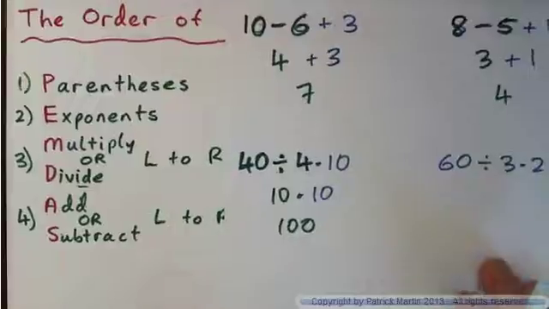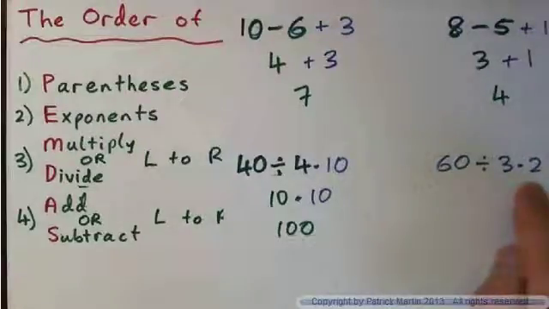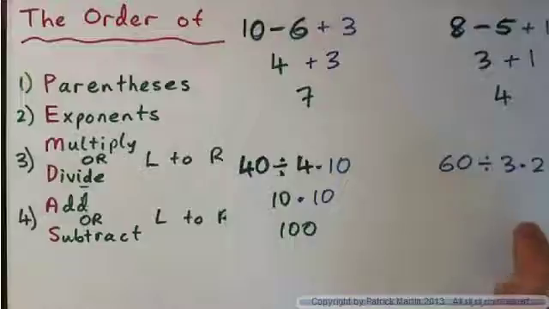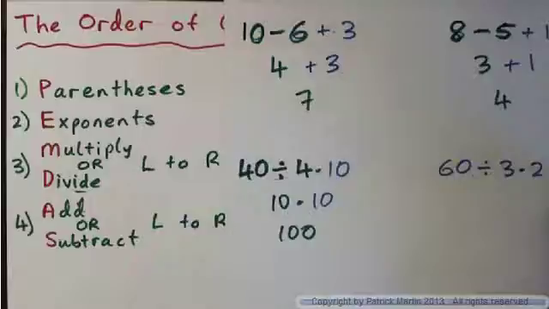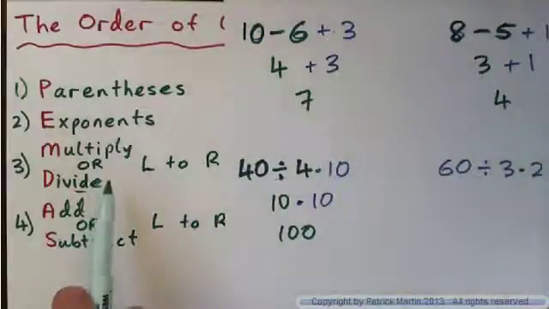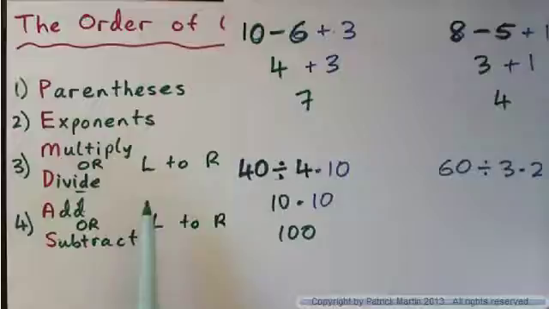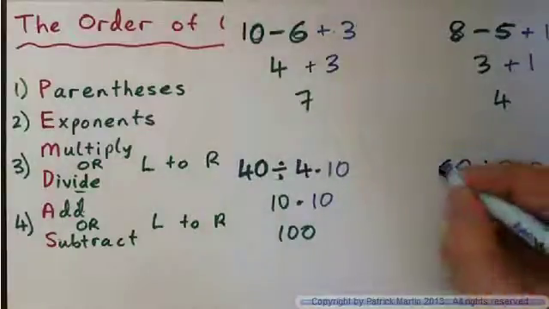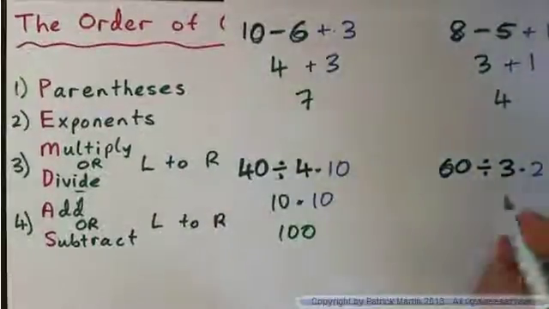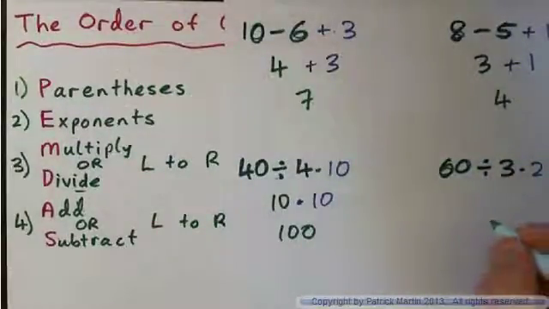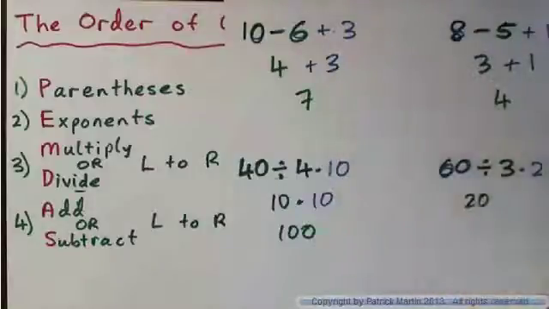So how would you do this one? 60 divided by 3 times 2. You've got a division and a multiplication. We're supposed to go from left to right, this way, and we're supposed to multiply or divide whichever we see first. So which multiplication or division do you see first, reading from left to right? You see 60 divided by 3. And that's what you need to do first, right? 60 divided by 3 is 20. Now we have 20 multiplied by 2, which is